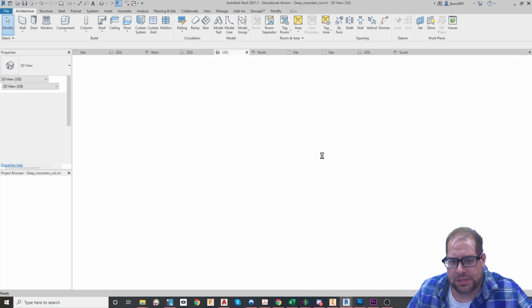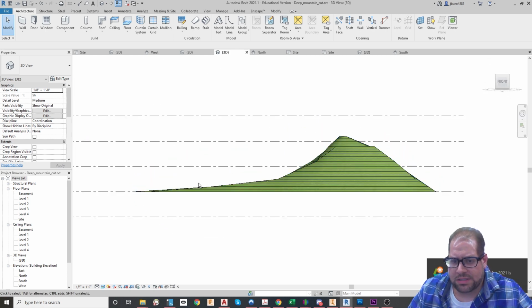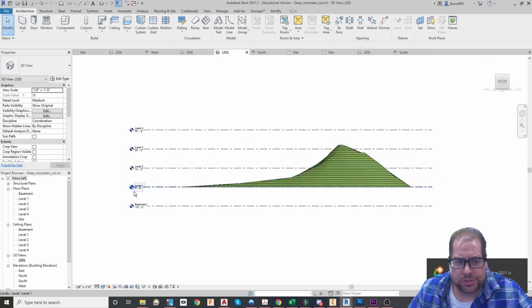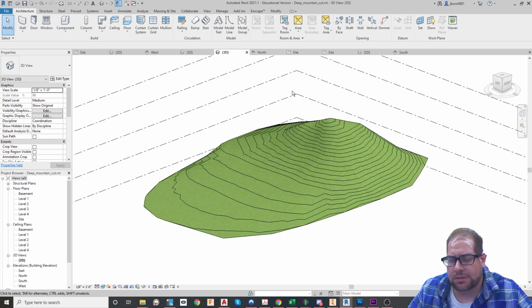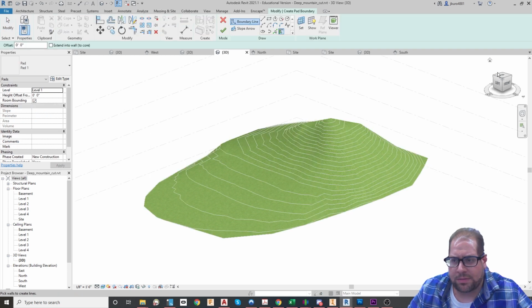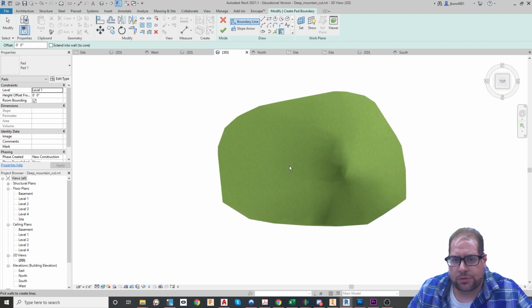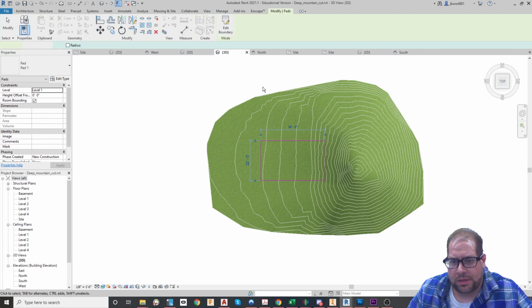Let's switch over to this particular topography, which I also had preset. This one has a much more extreme change. You can see that it goes from level 1 up to level 3. I'm gonna cut a building right into the side of this, just again, so you can show the building pad itself. Let's go to massing and site, pick building pad. This building pad is going to be based on level 1, and I'm going to just simply draw a rectangle that cuts right here, and I'll make it a long one so you can see how it makes that particular